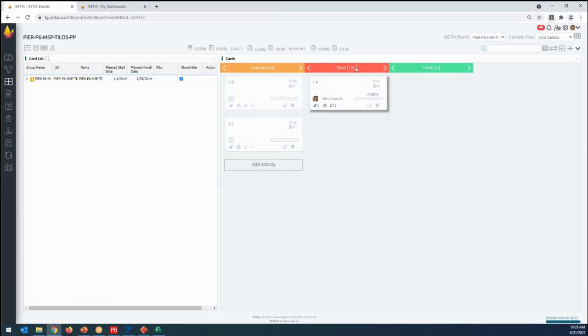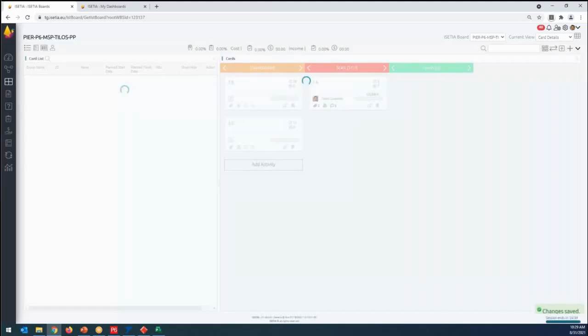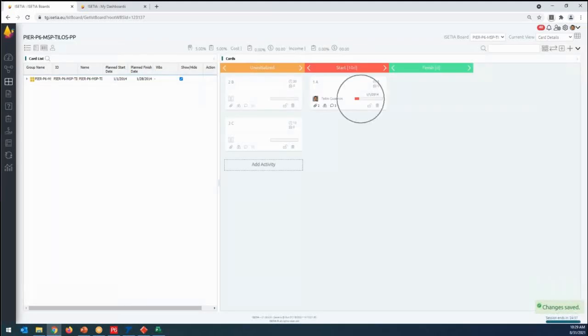started. And I have 10 days to finish my task. This is the deadline. And I can write my progress here. I can say that, okay, I did 15% progress. And you can see that the card will automatically put it, and 5% of my whole task has been completed, right? This is when I plan as a planner and let my site people enter the activity. They can put their document, comment, and they can update it.